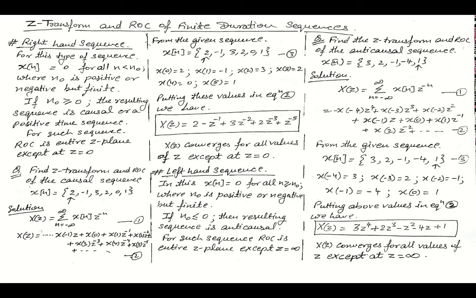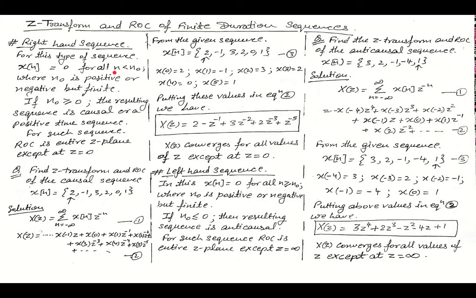In this lecture, we are going to discuss the Z transform and ROC of finite duration sequences. Now, if the sequence given to us is a right-handed sequence, that means that for all the values on the right hand side of the given sequence, or the right hand side of the origin, we have x[n] equal to 0 for all the values that are less than